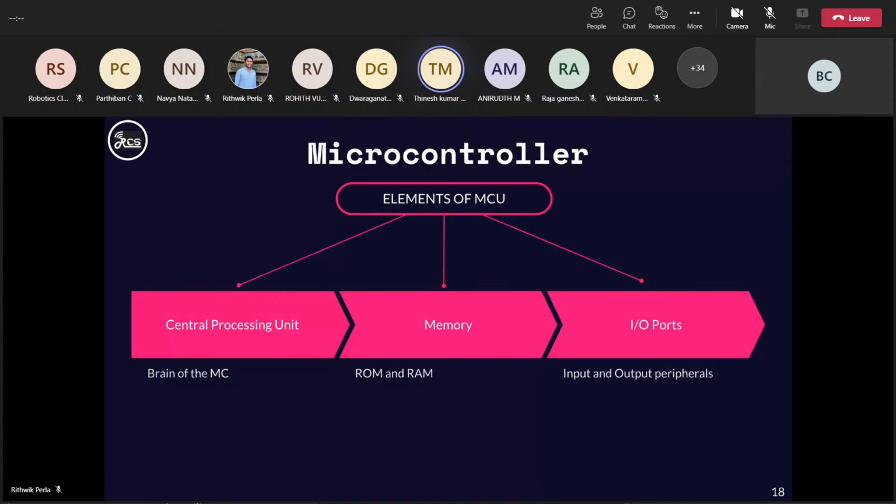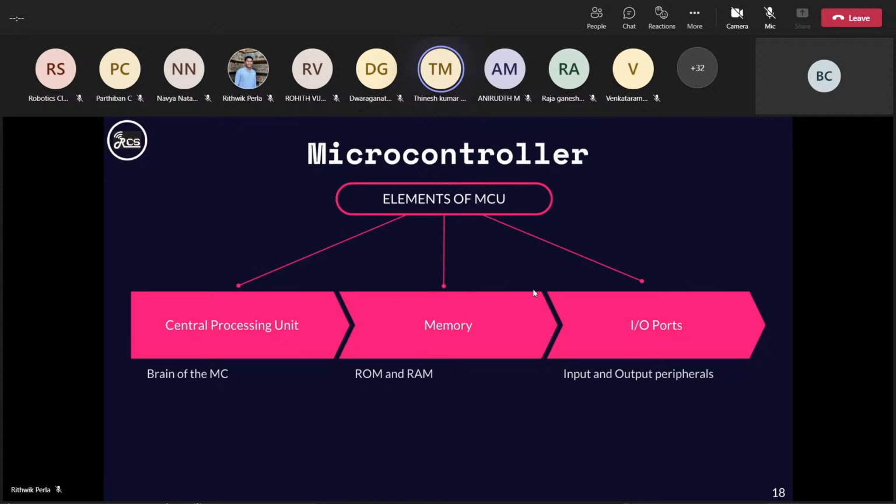Okay, we know the central processing unit is obviously the brain of the microcontroller. We have been saying that the robot has a brain which is called the microcontroller. But here we have the central processing unit as the brain of the microcontroller itself. So please understand, the brain of the microcontroller is the central processing unit, where it processes and responds to various instructions, and it is responsible for the function of a microcontroller.